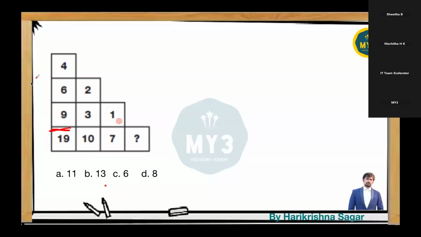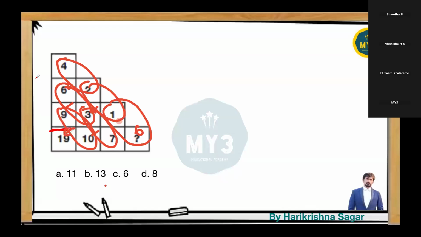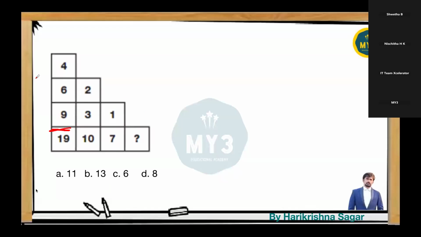What is the pattern? The other pattern which you can see here very clearly: 4 plus 2 is 6. Okay, 2 plus 1 is 3. 1 plus something should be 7. What is that something? It should be 6. And the same is followed here. 6 plus 3 is 9. 7 plus 3 is 10. And 9 plus 10 is going to be 19. So that is the pattern which is available. Very simple pattern. You just need to realize the pattern from the question so that you are able to answer it. Are you able to understand this?